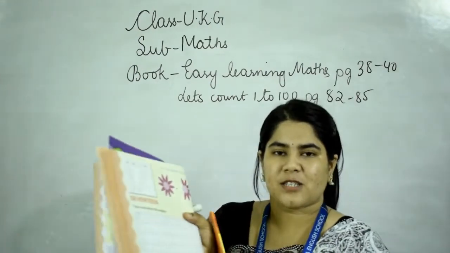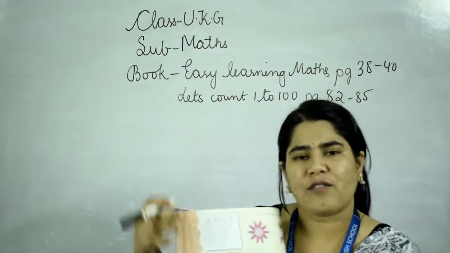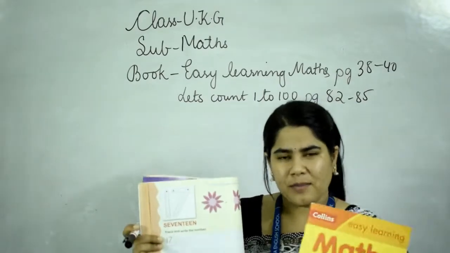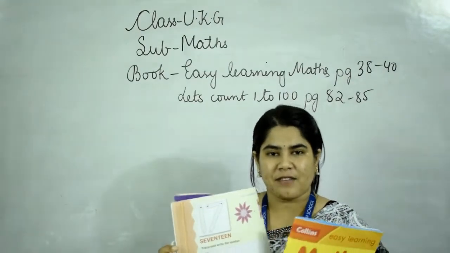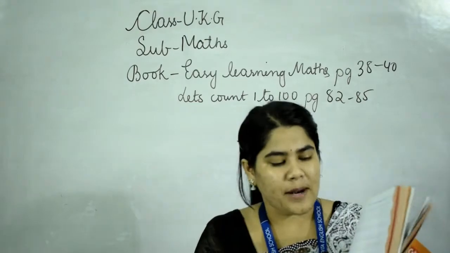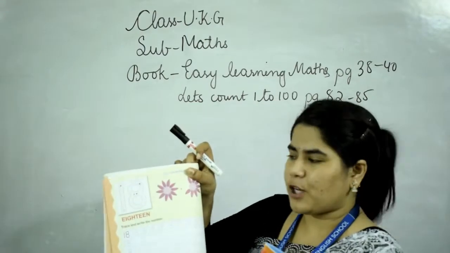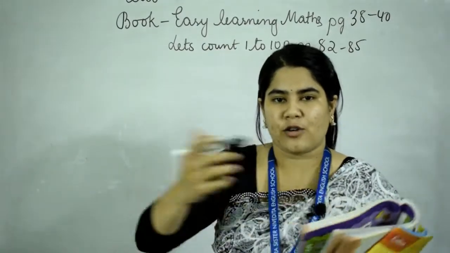The previous pages we have already done, hai na? So this is the page. Today we have already done in our exercise book till 80. So now from this book we have to follow in a sequence, hai na? Here you will be getting 17 and 18 for page number 83. For page number 84 you will get 18. 17 and 18 are the numbers that we are going to learn.